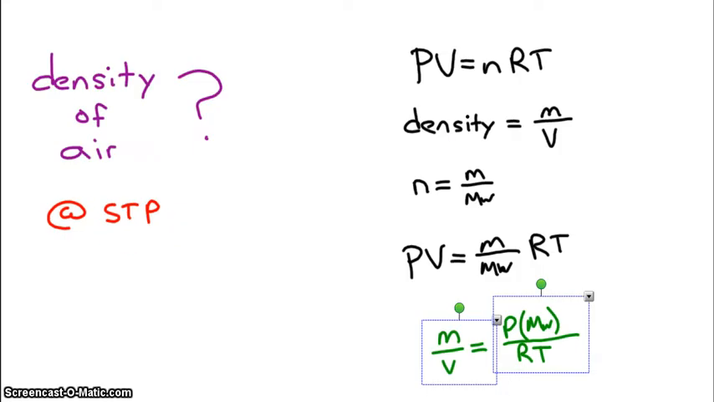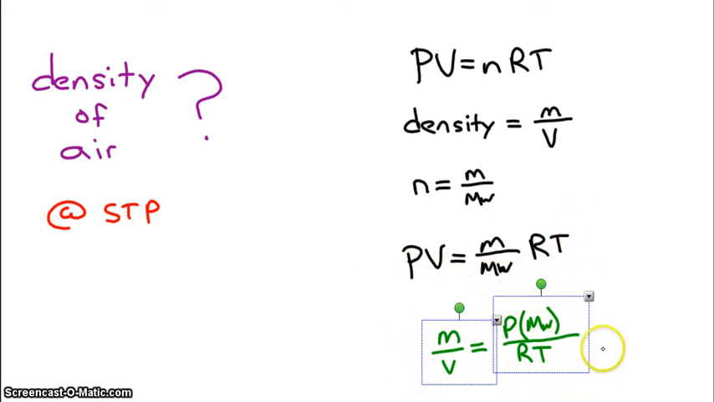To determine the density of air, we're going to use the ideal gas law. Knowing that density is mass over volume, we need to rearrange this expression so it represents mass over volume. Knowing that moles, n, is mass over molar mass, we can substitute this into the ideal gas law and come up with this expression. Then rearranging it to solve for mass over volume, which is density, you get